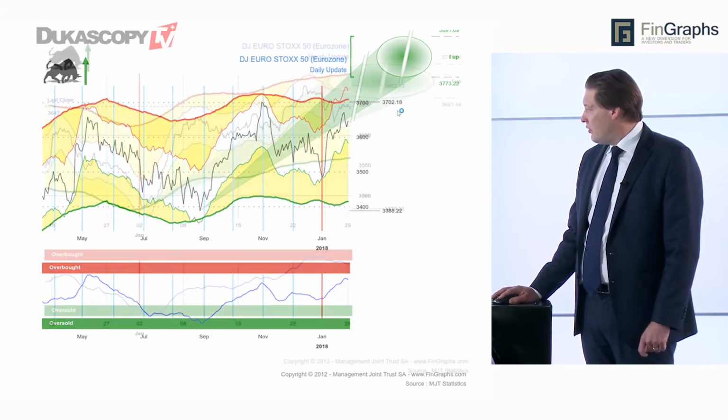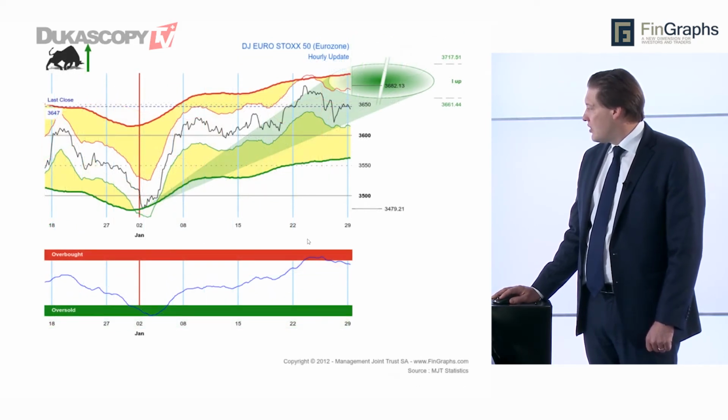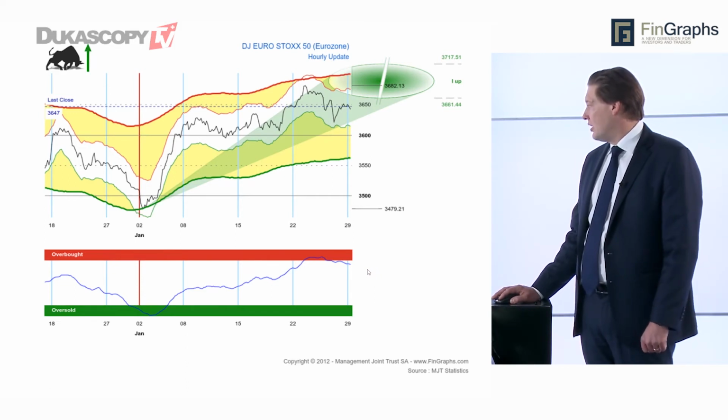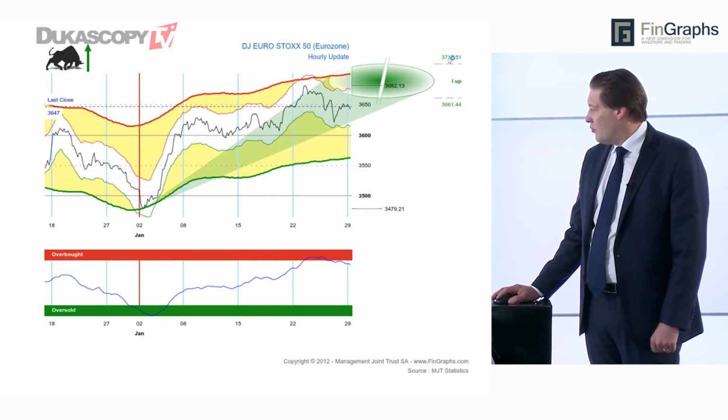Now, on the hourly, we've reached an intermediate top here last week. We're consolidating. This consolidation could probably last another week or so as the risk index comes back pretty much towards the middle of the range. But we believe that following that, it will start to reaccelerate up again. The targets short term are still showing a bit of potential up, but for some more decent